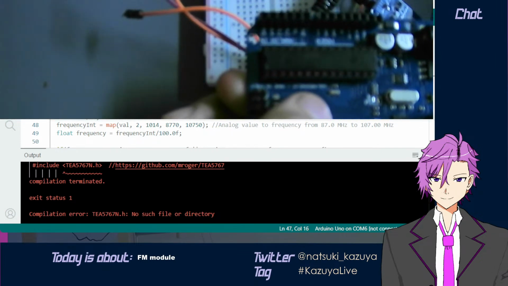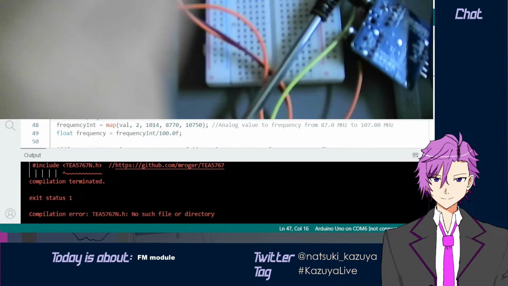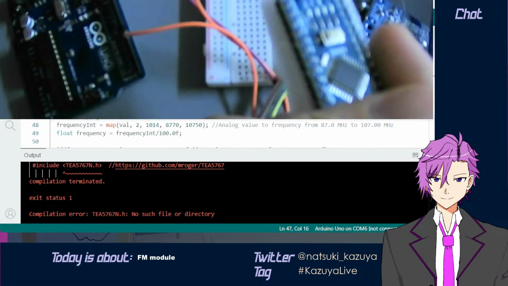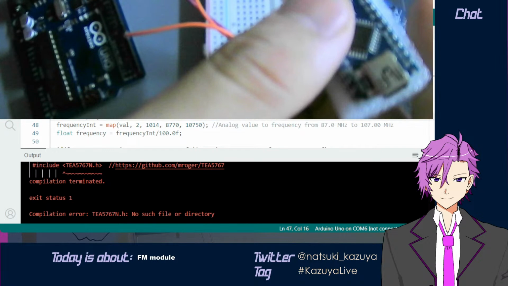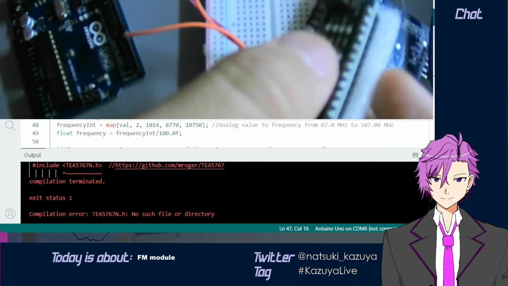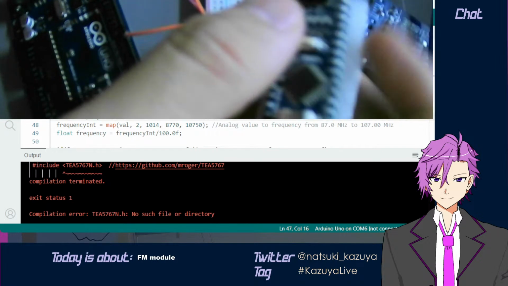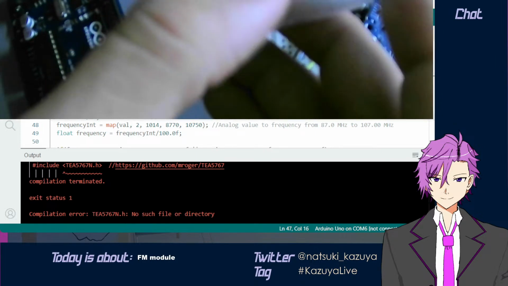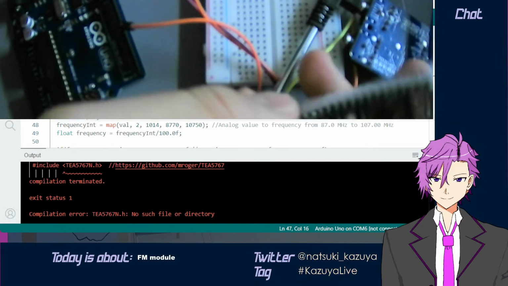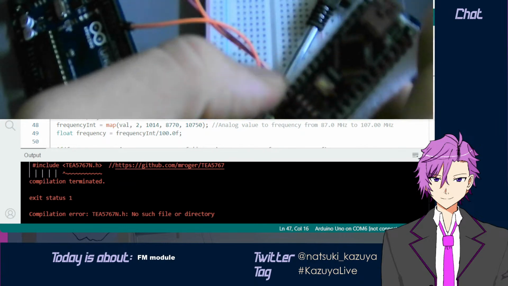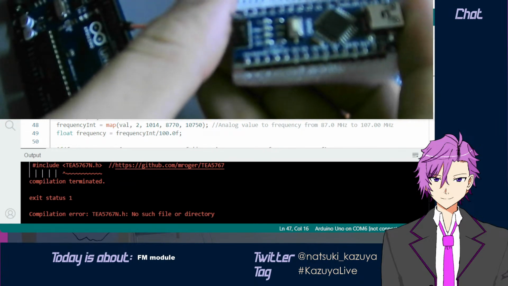Again, a friendly reminder to use the Arduino Nano board. I just took it out to see what pins we're using, because again, I can't use this anymore. I can't use this actually. So A0